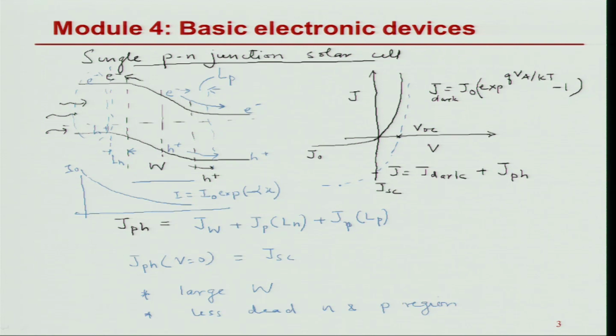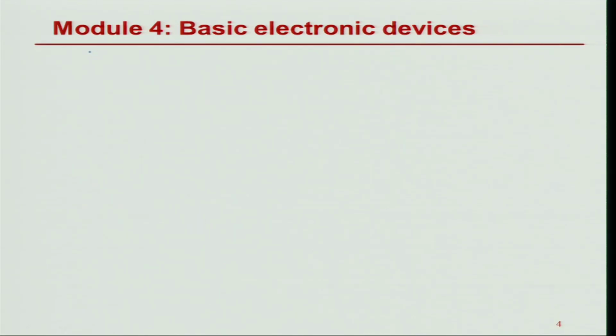Okay. So this is the picture of a solar cell in a PN junction, and this is the curve that you would get. So let us now define how we would characterize a solar cell. So solar cell characterization is our next topic. Now it is obvious solar cell is an energy conversion device. So the main characterization for it must come from energy conversion, and that is what it is. It is the efficiency of the solar cell,